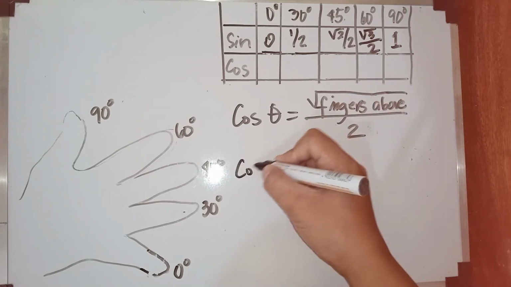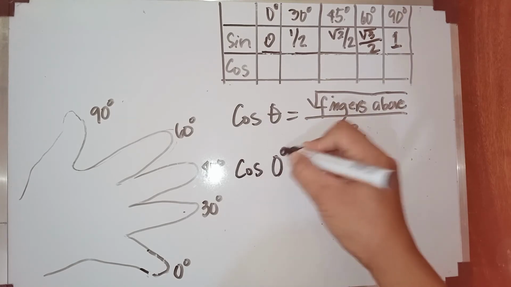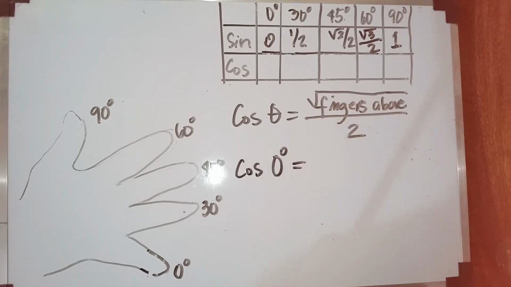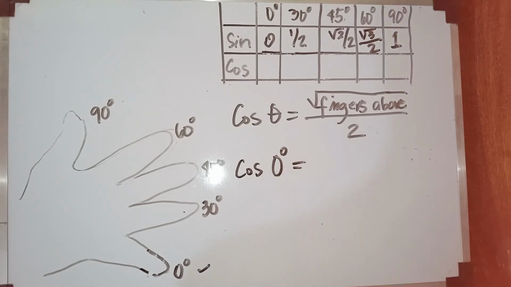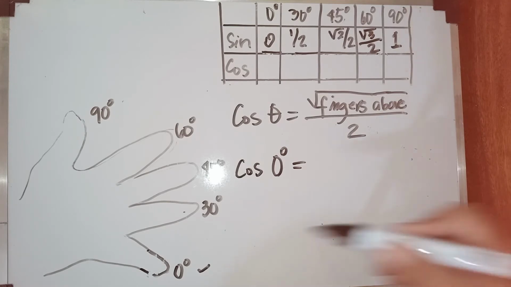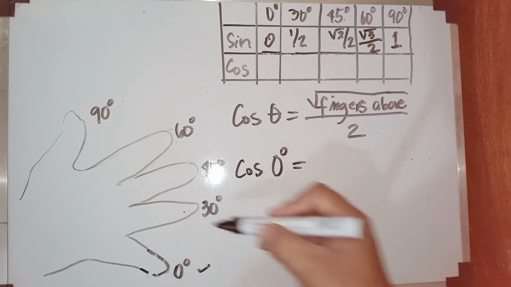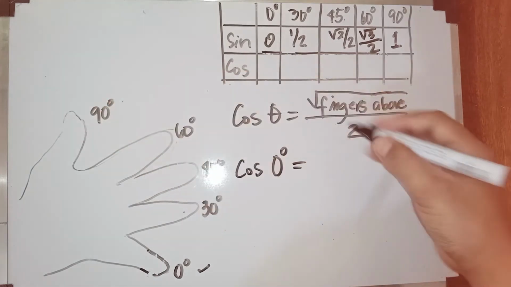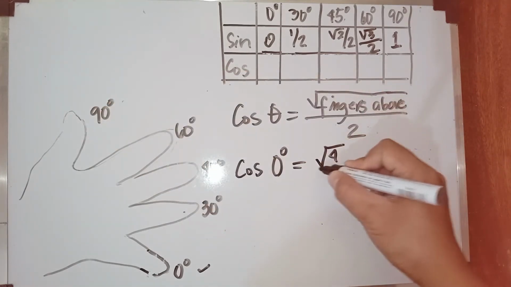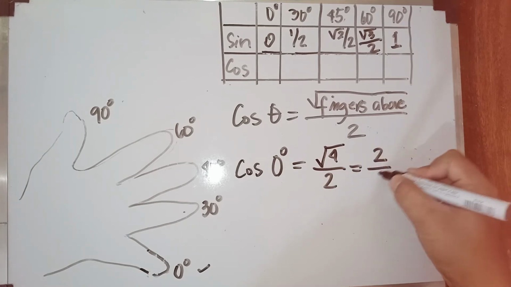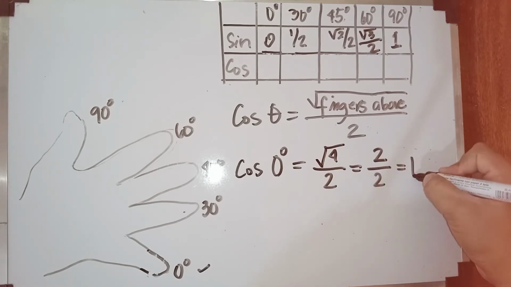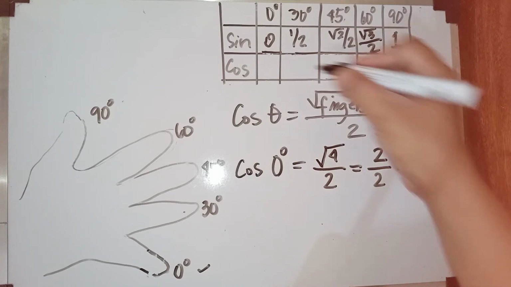So, say for instance, we are looking for the value of cosine 0 degree. Okay? So, yung 0 degree is yung nasa hinliliit natin or sa small finger natin. So, how many fingers above ng ating 0 degree? So, we have 1, 2, 3, 4. So, we have square root of 4 over 2. But what is square root of 4? That is 2 divided by 2. That is equal also to 1. Therefore, cosine 0 degree is